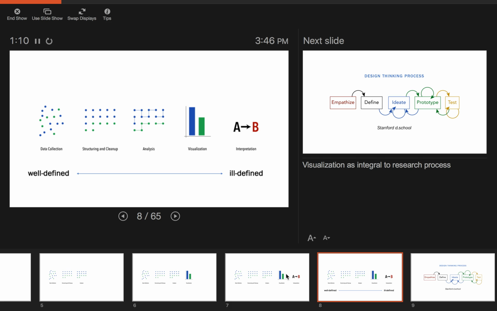And I said that these steps sort of lie along a continuum from well-defined to ill-defined, right? I said that for the most part, things on the data collection end of the spectrum are well-defined in the sense that we have standards and conventions around doing the data collection piece. But things closer to the visualization and interpretation ends are more ill-defined, meaning that we have less control over how people interpret our findings. And so this visualization step is really critical because it's sort of an inflection point between